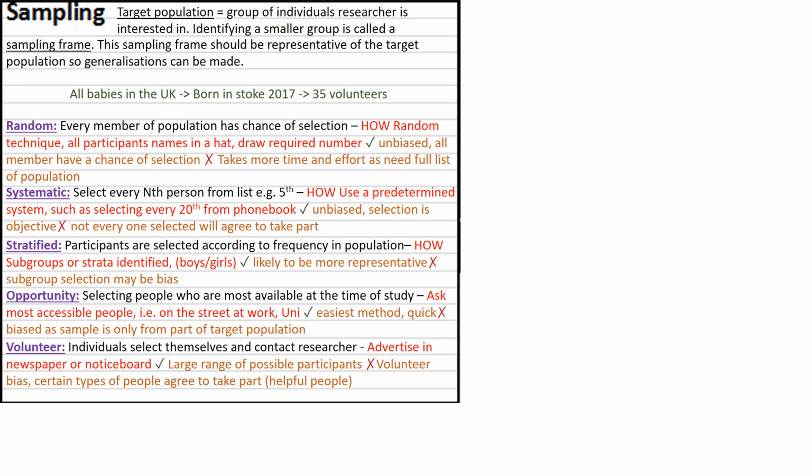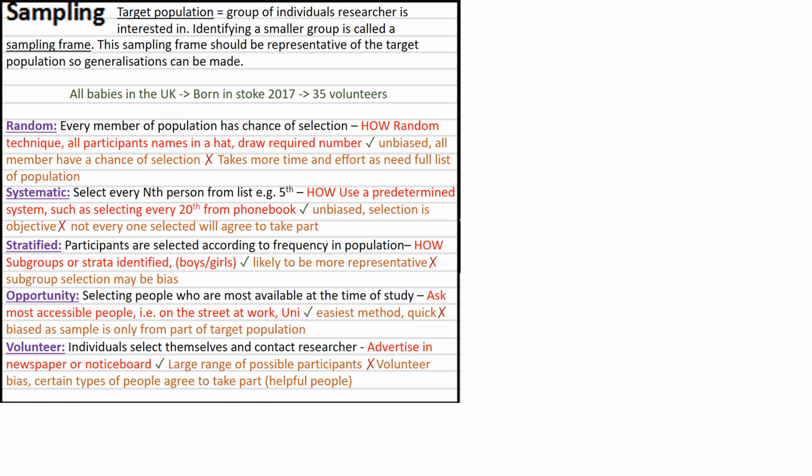So what you might see is an advertisement. Now, this would vary depending on where the location is. If it's a hospital, it might be in the waiting rooms. If it's in a school, it might be in the cafeteria. If it's in an airport, it might be in the checkout lounge. So you would place advertisements, maybe on the radio as well, and then people would get back to you. So this is a bit more drawn out, you can see, than the opportunity sample,